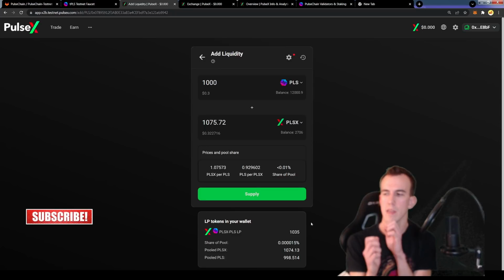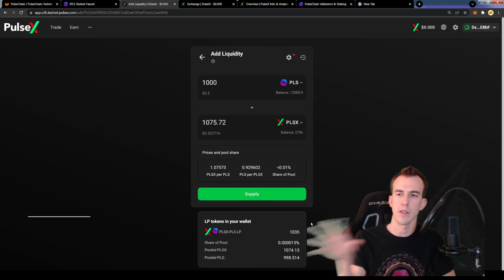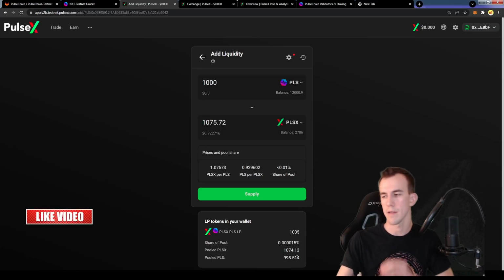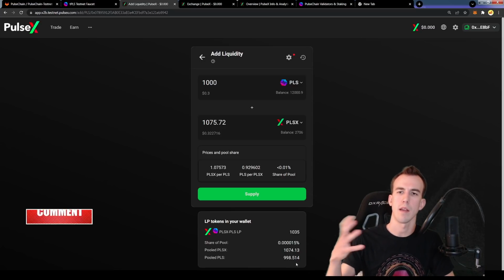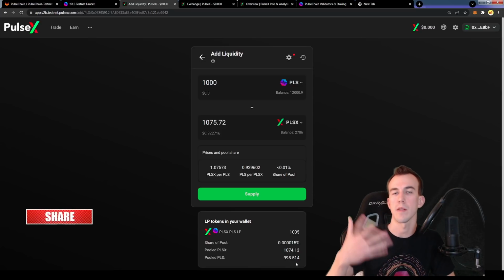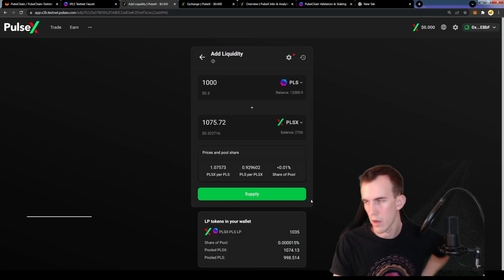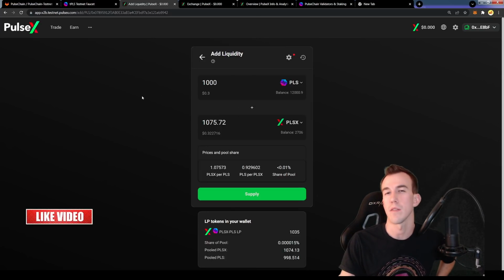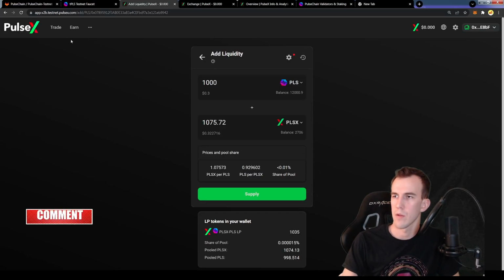It's constantly buying and selling based on the prices, but I'm also getting fees from everybody else trading into my liquidity. So in the end, I should end up with more overall. Even if I have less of one than what I started with, the overall value should be more than what I originally put in.